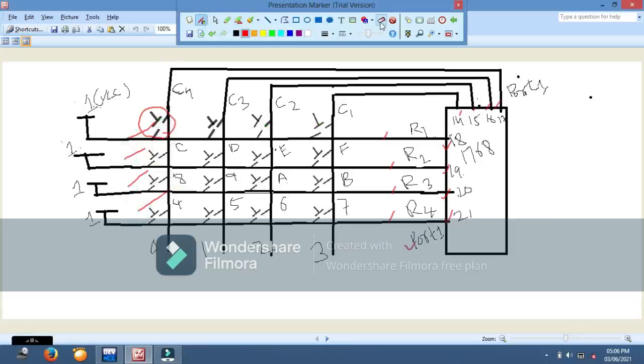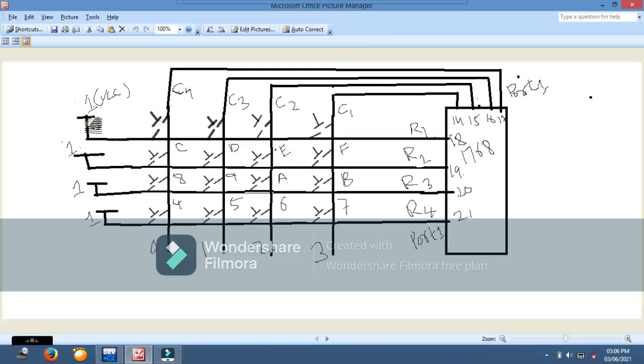Usually the rows are connected to VCC, so all rows are high, 1, initially. The concept here is to detect which key is pressed.